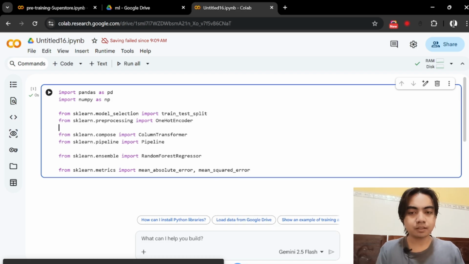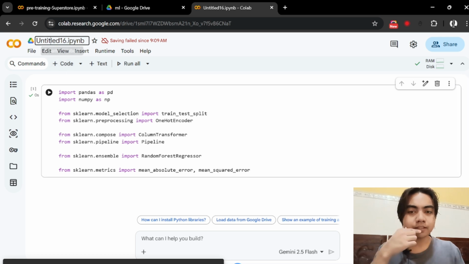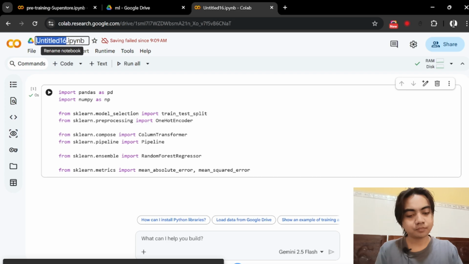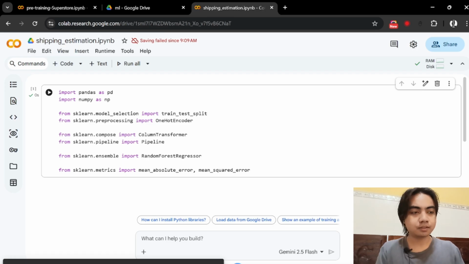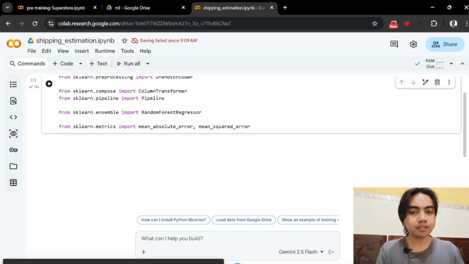Then let's run this cell. And also let's name this file shipping estimation, like that. Okay, now let's create a new cell